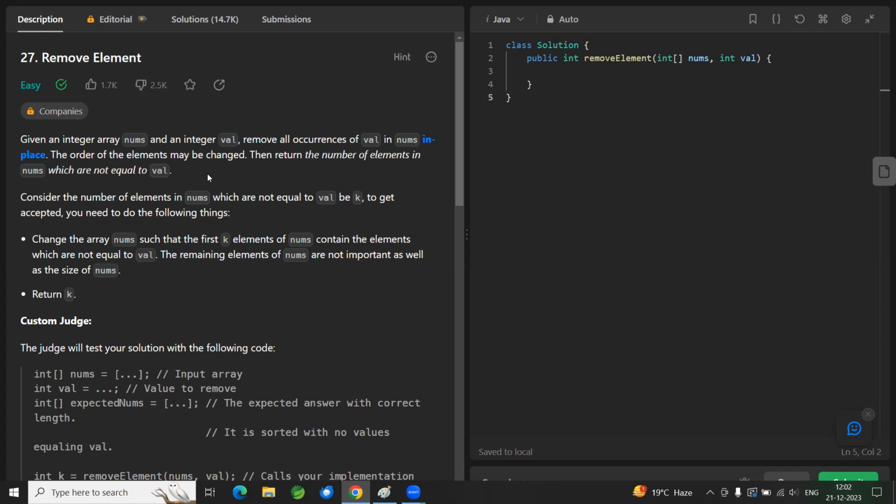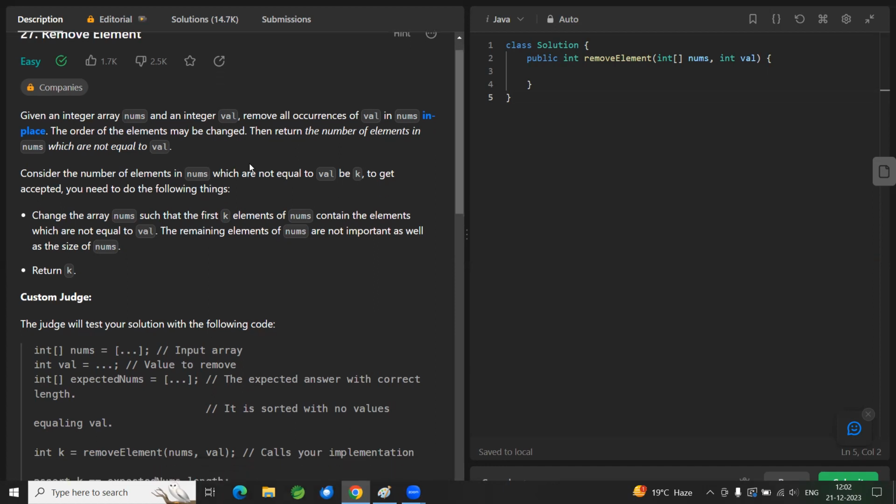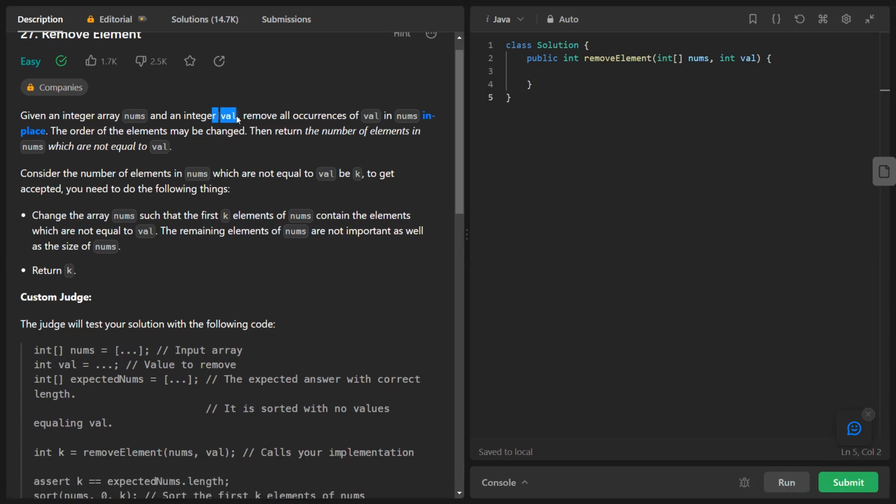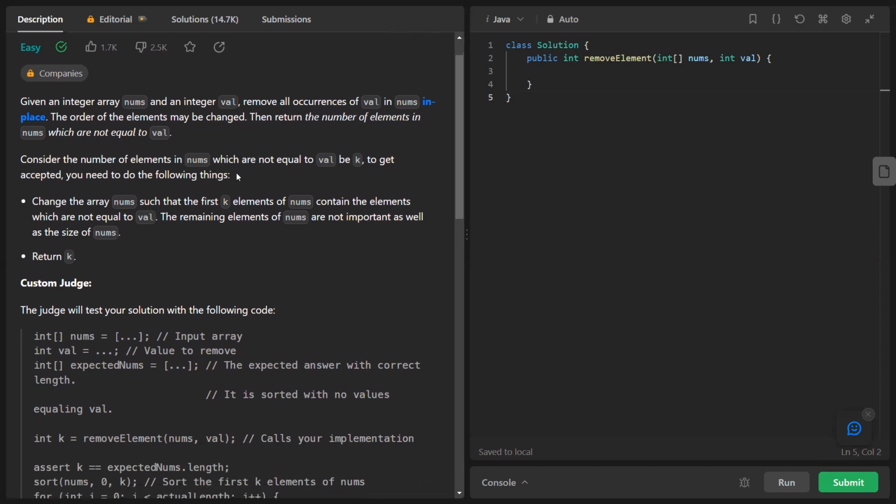So we have given an array of numbers, integers, and we have given a value. So we need to remove all the occurrences of value. So whenever we see any element equal to this value, we will remove it from the array in place. In place means we have to make all the alterations in the same nums array. We don't have to use extra array. Okay, so this is what the problem is wanting,